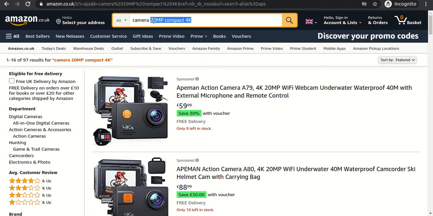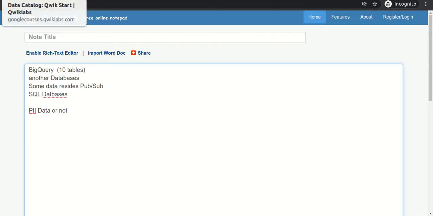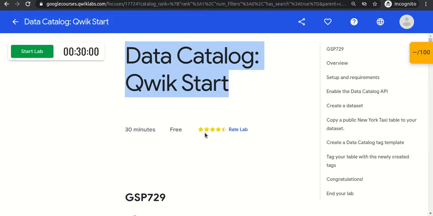But when we provide the keyword, it searches the metadata information and provides only 97 results, right? So this is the use of data catalog.